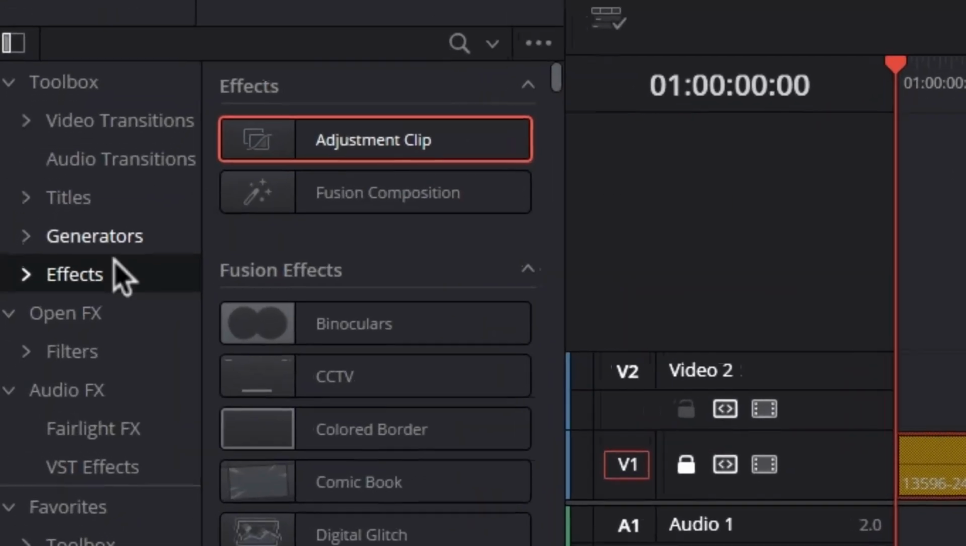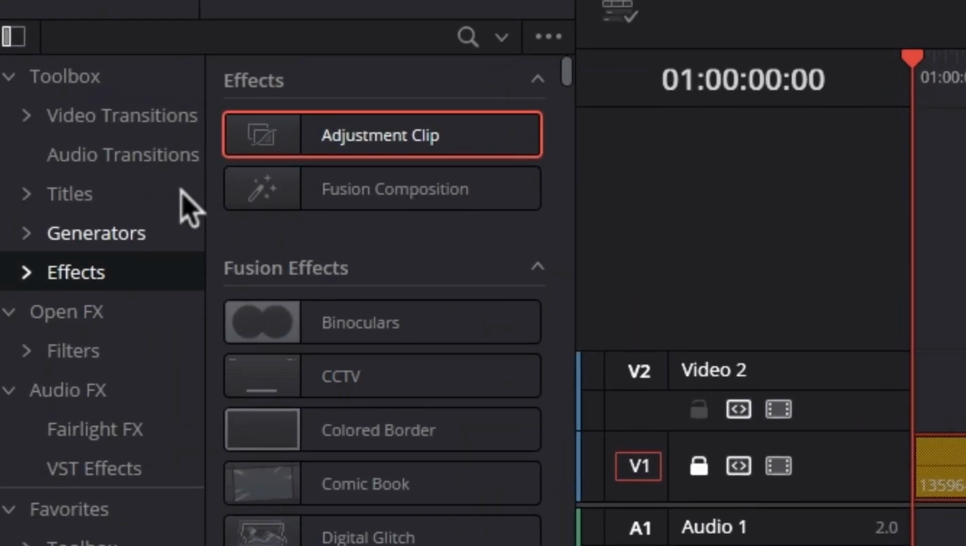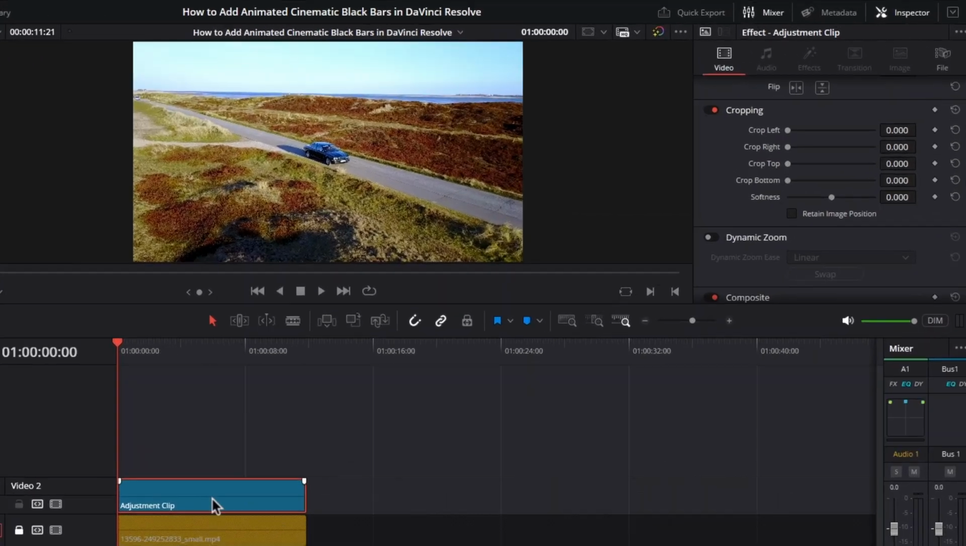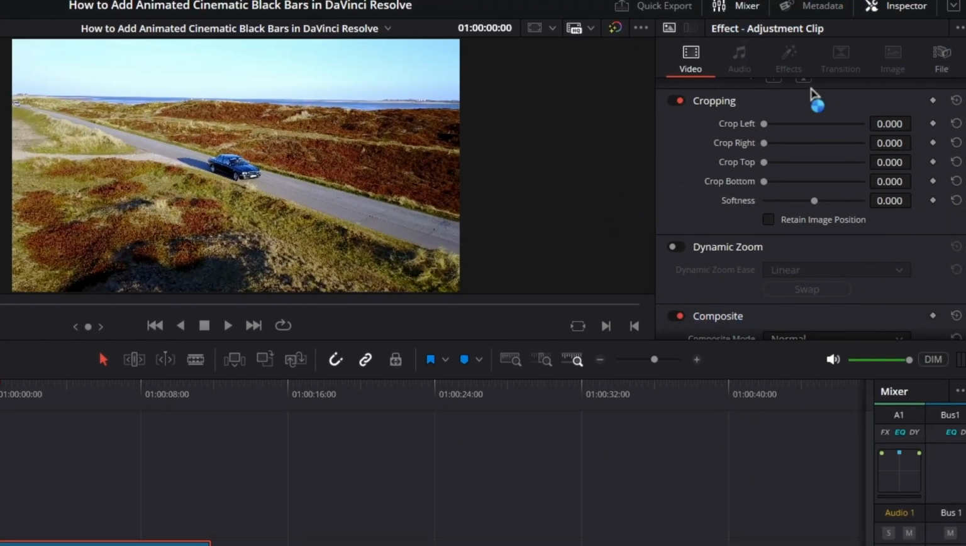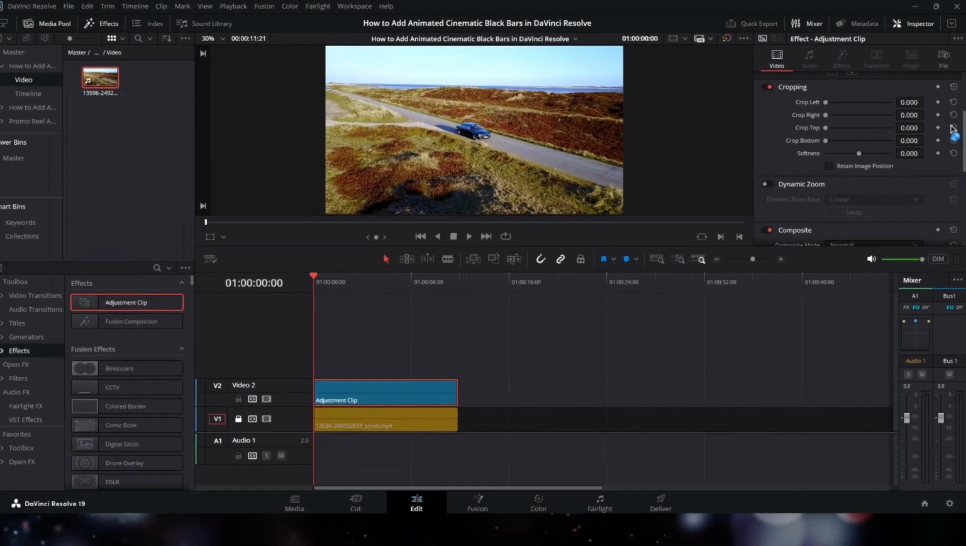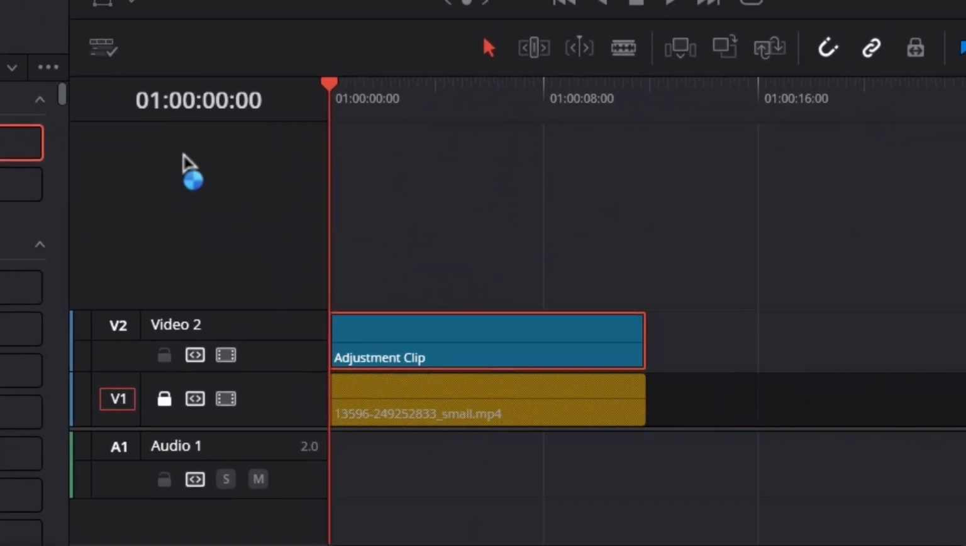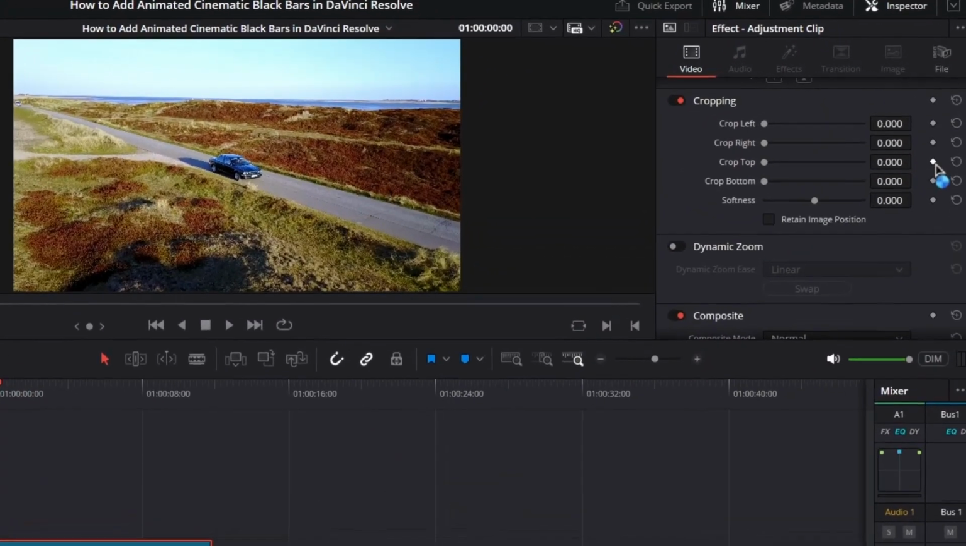Now what we're going to do is go to the Effects tab, and from here bring the adjustment clip into our timeline. And then we're going to use the cropping menu in the Inspector tab to make these animated cinematic black bars. Now move back to the very first frame of our timeline and make keyframes on the crop top and